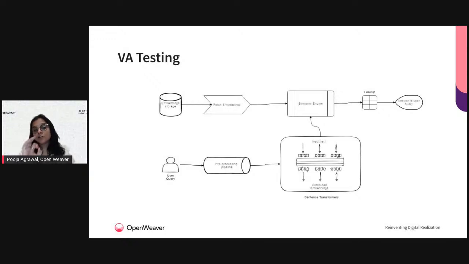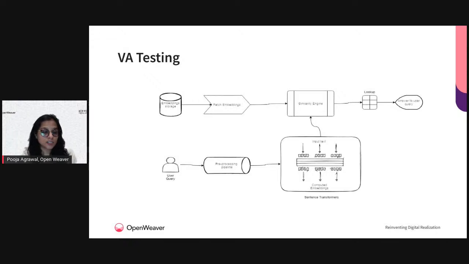Again, the user query, we need to clean the user query. A user can use anything irrelevant as well, right? When they're asking a query, some users may not even ask a straightforward query. They may just write anything rubbish. So all that needs to be cleaned. So we'll still pass it through a pre-processing pipeline, because our machine won't be able to do it. So this is the process. You pass it through this pre-processing pipeline. Then again the same step, converting into the machine-understandable lower-level language form. So you use the sentence transformer, which converts it into the embeddings form. Now for my user query, I have the embeddings.